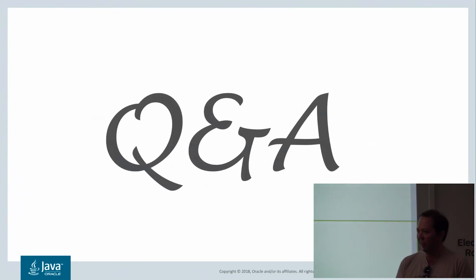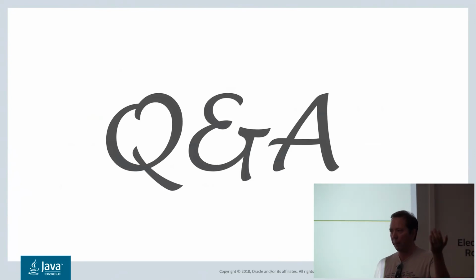Jigsaw in itself is obviously relatively new. The whole jlink functionality is only a year old, and on top of that, I think the number of people who picked up JDK 9 eagerly, so to speak, was relatively small. It's not like it was zero, but I think we'll see a much bigger uptake now with JDK 11 going out. So I think we'll see more of those numbers going forward as well.